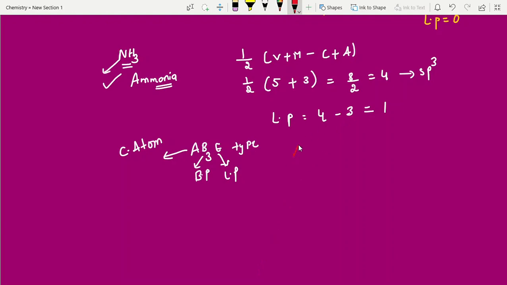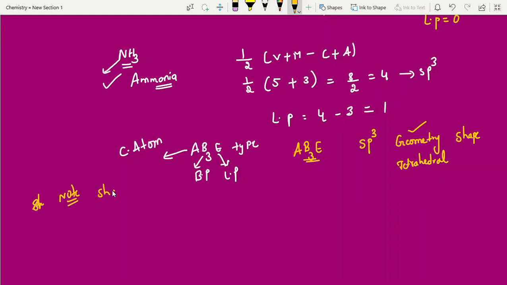AB3E is sp3 hybridization, and the geometry is... Most of the time in examinations they ask geometry only, to confuse the student. Geometry never changes. Whatever the hybridization, that geometry it shows. But the shape of the molecule is decided by... So what is the shortcut point, the note point here?